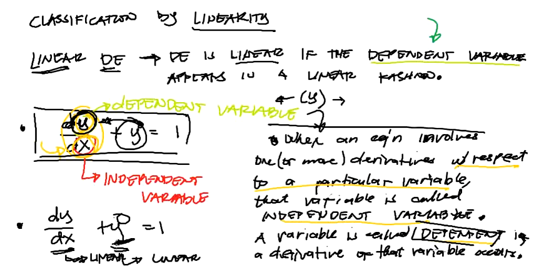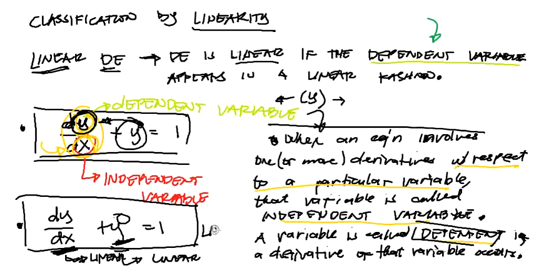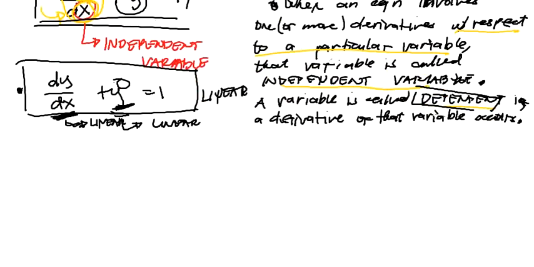So the variable y here and the derivative of this variable y are also in linear form. That's why our sample equation here is called linear. Okay,